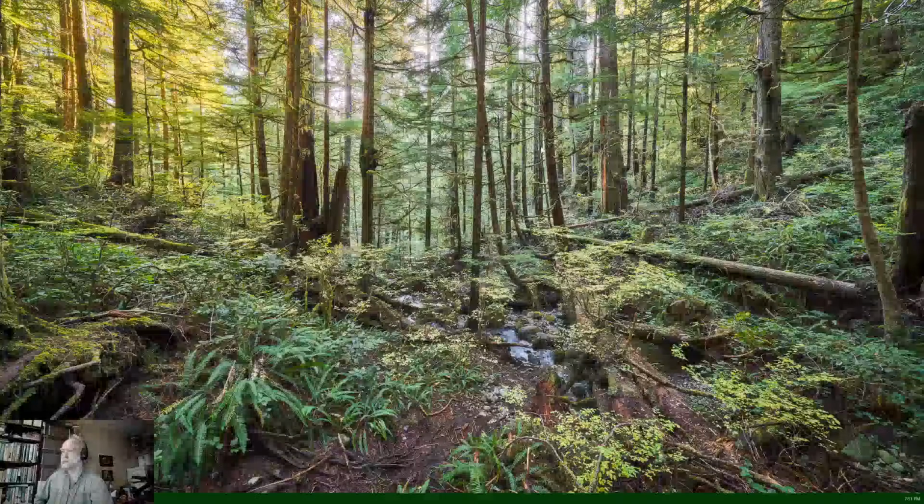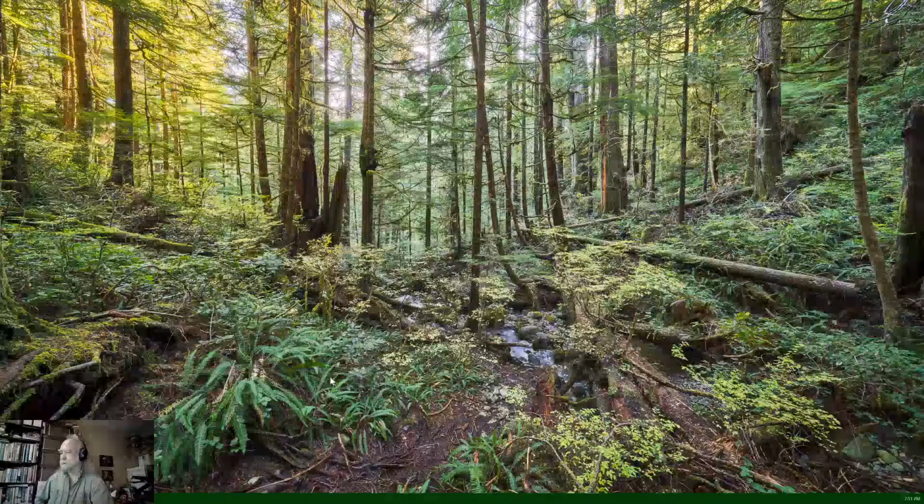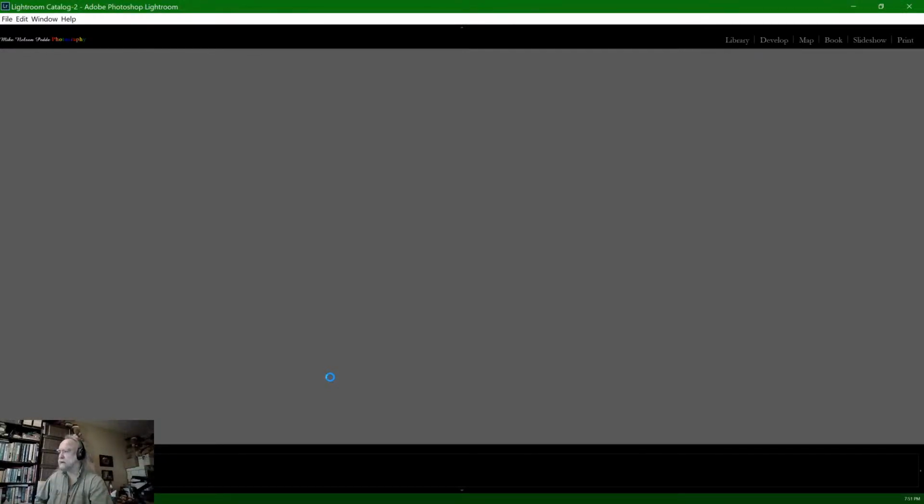Okay, so that's enough about Lightroom, and we're going to jump over to Capture One. Oh, I forgot. I'm going to jump back into Lightroom for a minute. One thing that's very important. I mentioned earlier